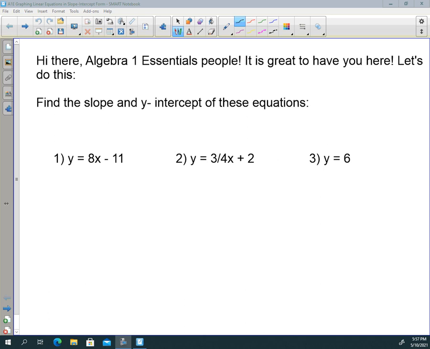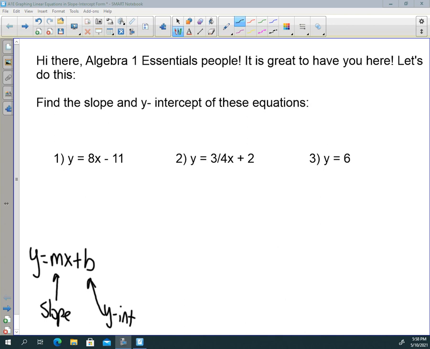Alrighty. So when you have equations in slope-intercept form, it's really handy because you can tell exactly how steep the line is and where it crosses the y-axis, which is all you need in order to graph the line, which is actually what we're going to do today. So looking at slope-intercept form, it looks like this: y equals mx plus b, where m is the slope and b is the y-intercept. And so you can always tell what that,